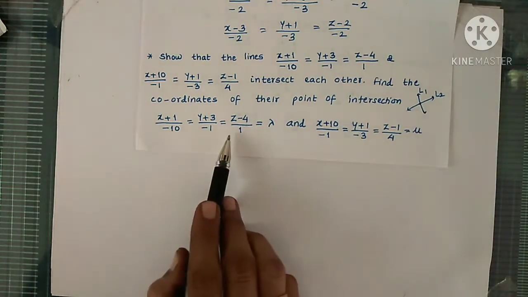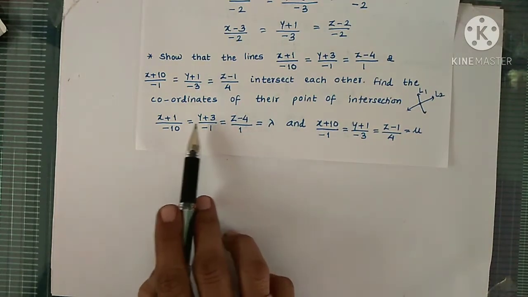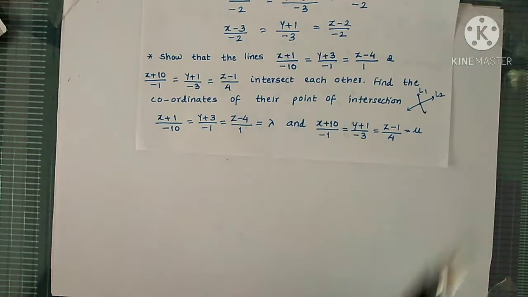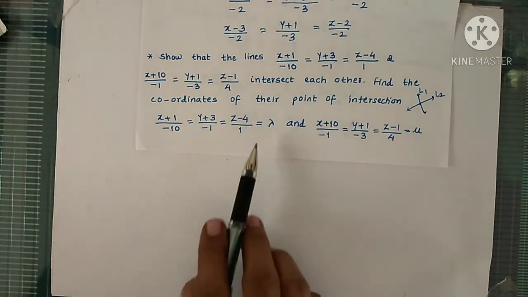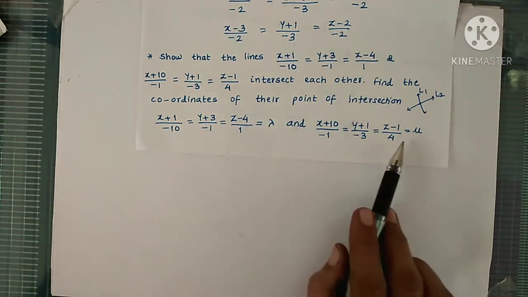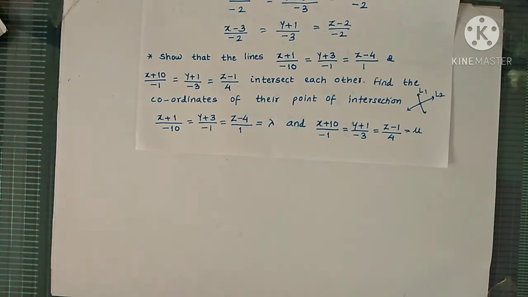So we have taken the equations of the lines as first equation equal to lambda and the second equation equal to mu. So we are using two parameters here, lambda for the first equation of the line and mu for the second equation of the line. And for some lambda and mu, we should get the same set of values for x, y, z, and that will be the point of intersection. So we have three equations in terms of lambda and mu. While proving only, we are getting the coordinates of the point of intersection. So let's see the method also.